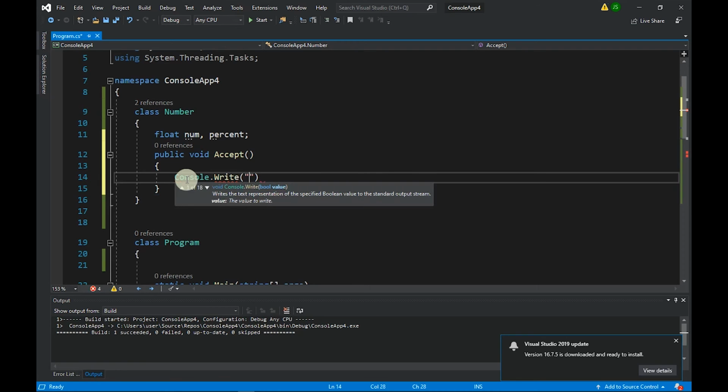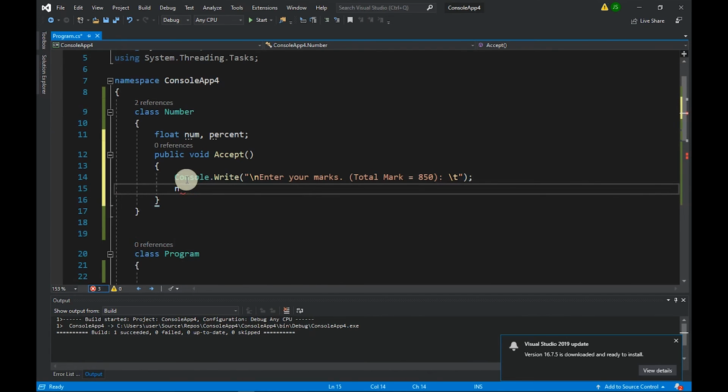So we can say enter. Actually, I wanted to use the line break there. Enter your marks, and we can just say total mark should be, let's say, 850. And let's have a tab space so that they can enter the marks. Okay, now whatever they're entering, we can put it on